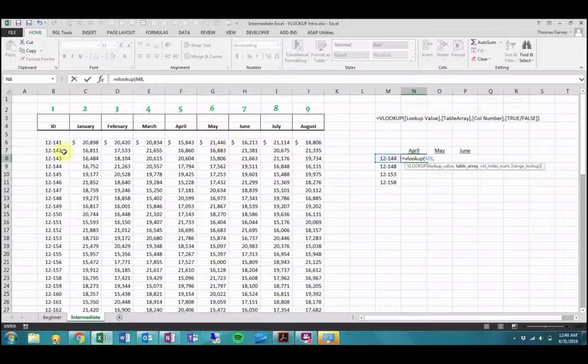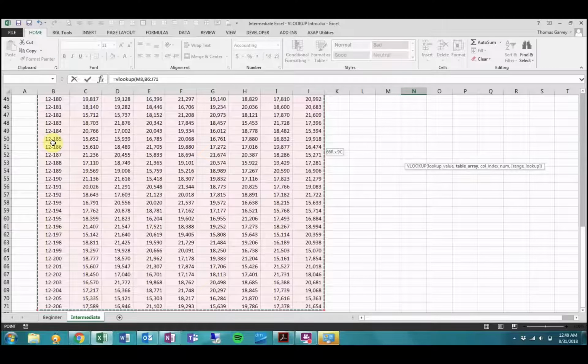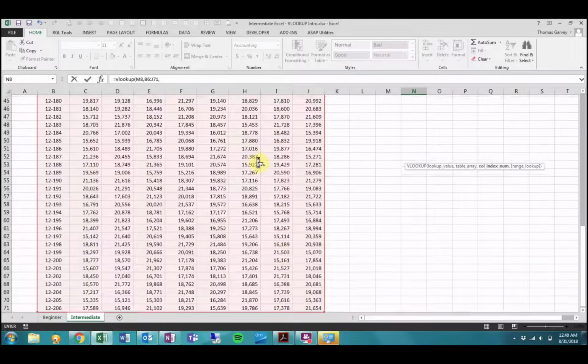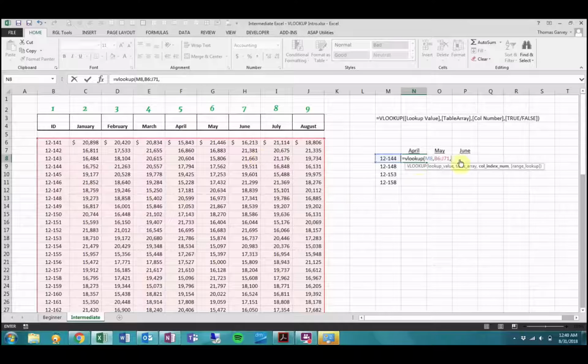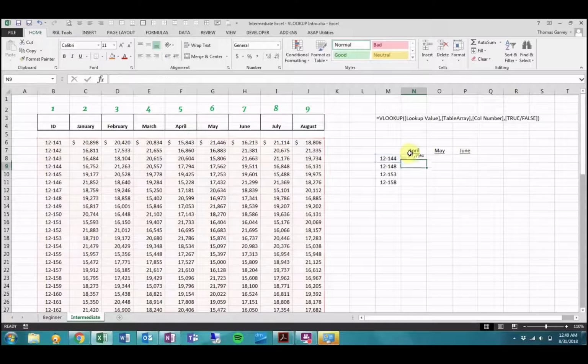comma, my table array. Now I'm just going to use the keyboard here. I want this entire table, all of it, so all 60 some rows. Use my comma there. Now let's get back up to the top. Next is my column index number. I said I wanted April, so if I go to April, that is the 5th column. So I type 5 and then false. Close parenthesis,